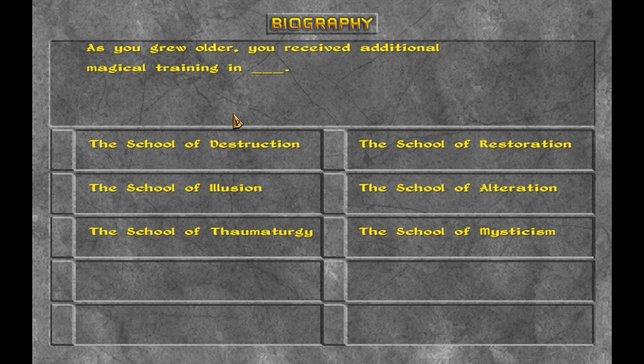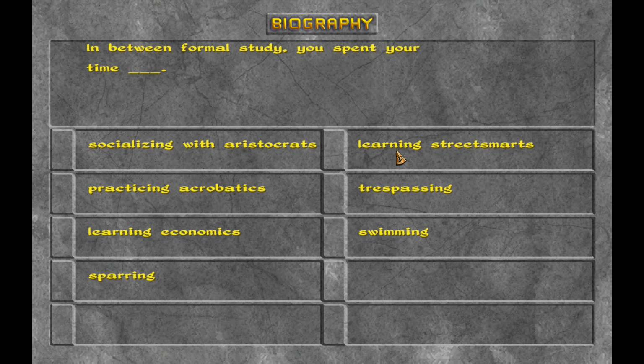Okay, as you grew older, you received additional magical training in... Okay, so what was the other one was Mysticism. We'll go with Restoration this time. In between formal study, you spent your time...